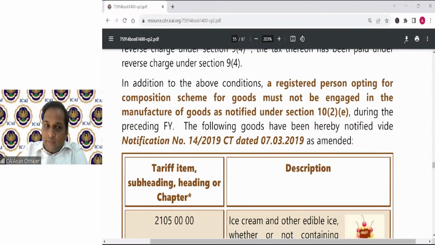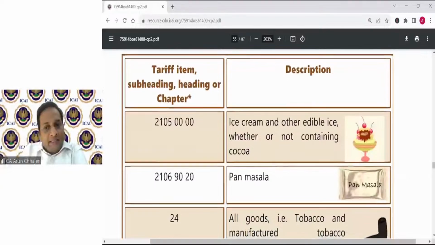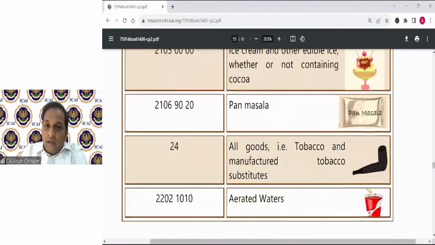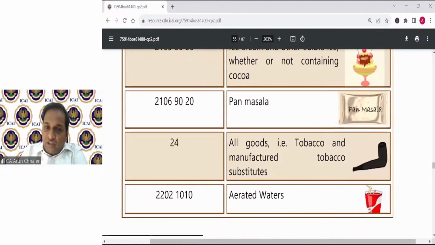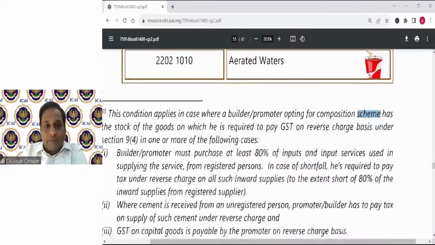The following goods have been notified by this notification: ice cream and other edible ice, whether or not containing cocoa, pan masala, tobacco, manufactured tobacco substitute, aerated water,